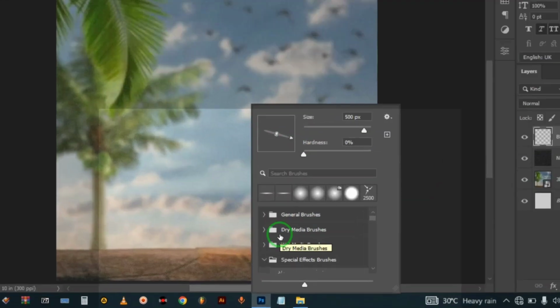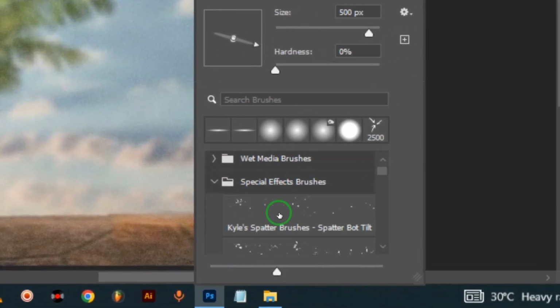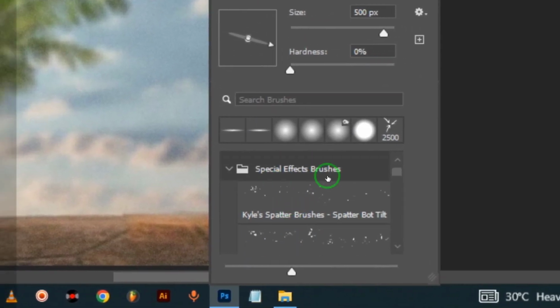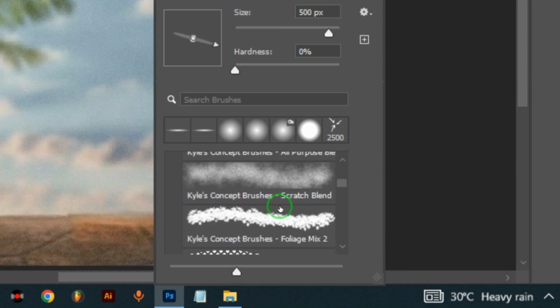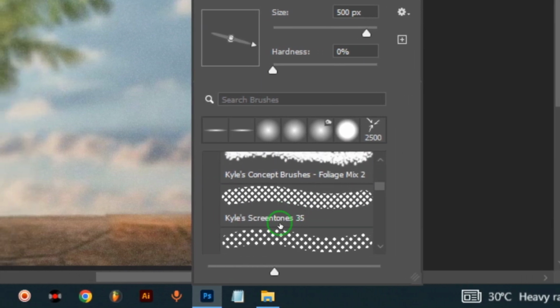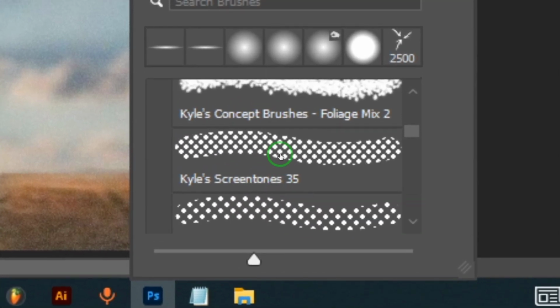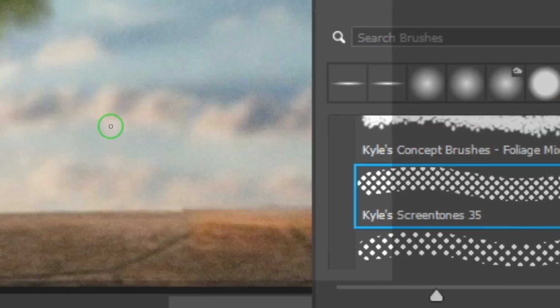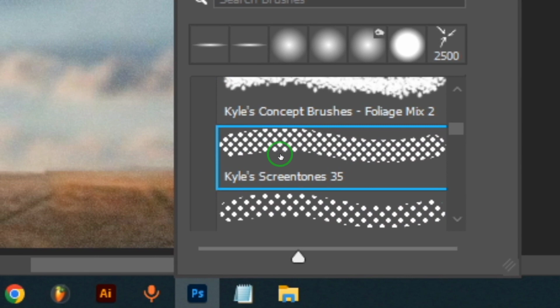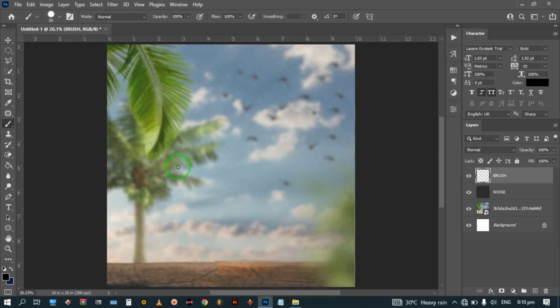So the brush preset I use is this particular one called the Special Effects brushes, and the name is Kai's Screen Tone 35. I think I'll have to drop the brush for you guys to download. This is the brush that gives me that screen tone effect. So increase the size of the brush